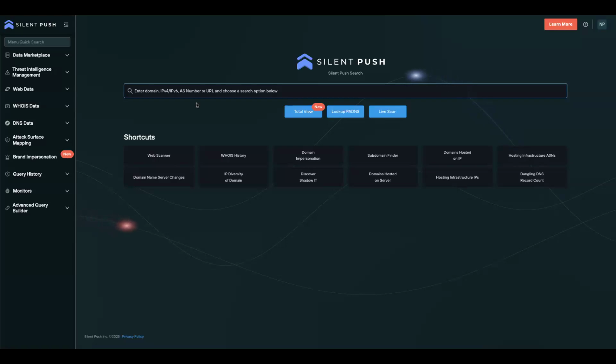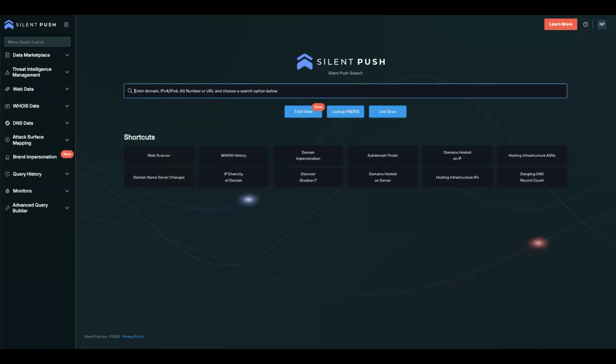But the two use cases that we want to focus on today are enriching a domain to learn more about it, essentially going about assessing its risk level based off of all of the different relevant data points we collect at Silent Push. And then also want to pivot then into the web scanner, where we can build an example query hunting for a common info stealer that we can go out and then start to unravel infrastructure that is hosting that particular info stealer here. So we'll start out with